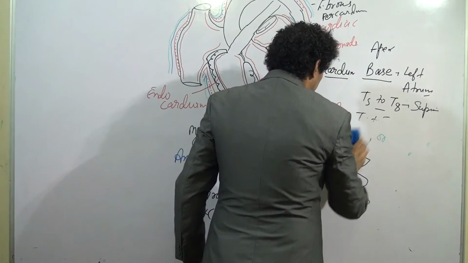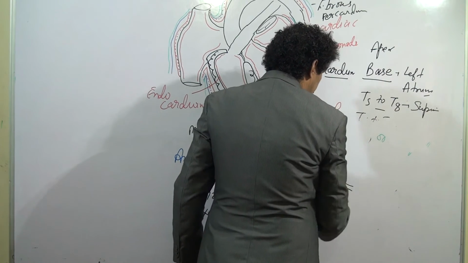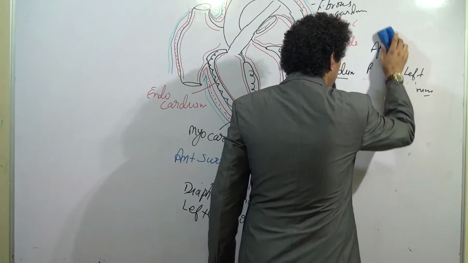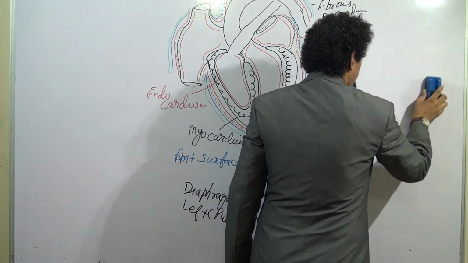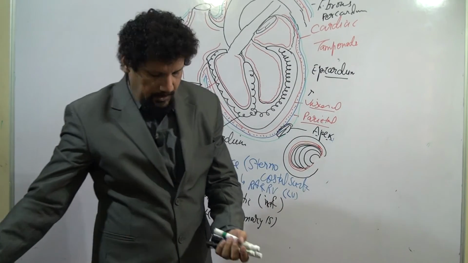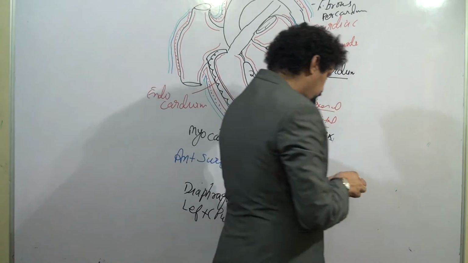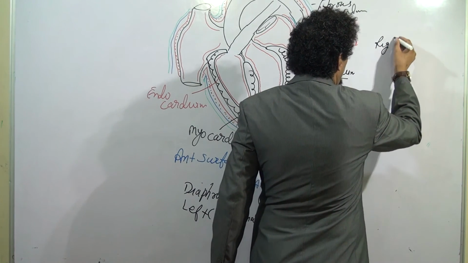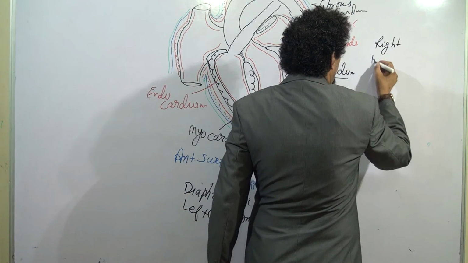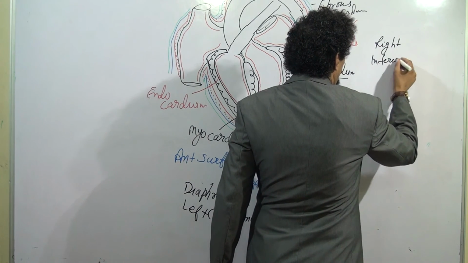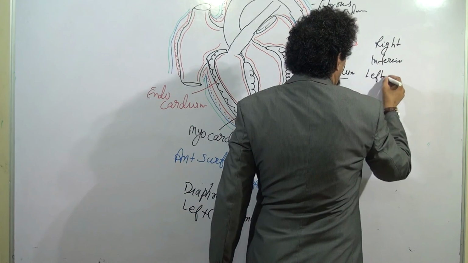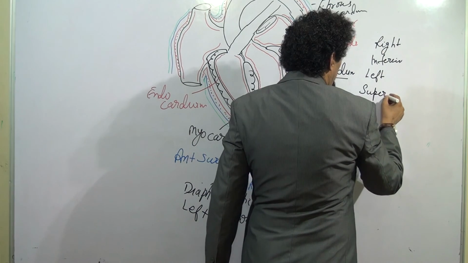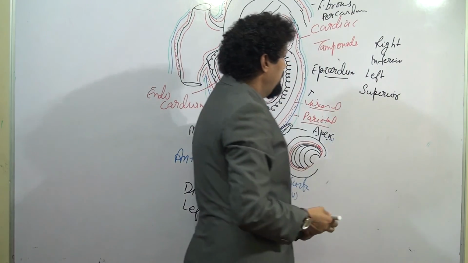Besides the apex, base and three surfaces, it also has four borders. The heart has four borders: right border, inferior border, left border and the superior border. But these are